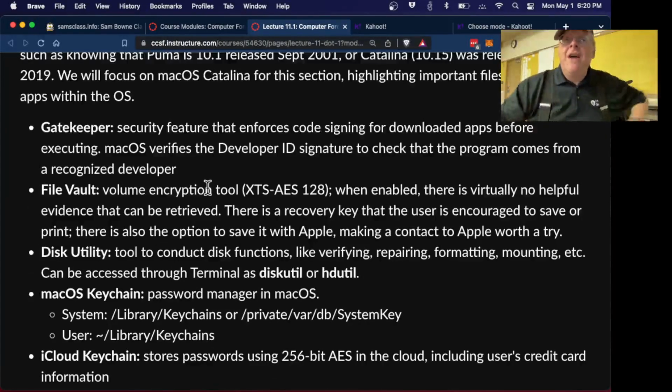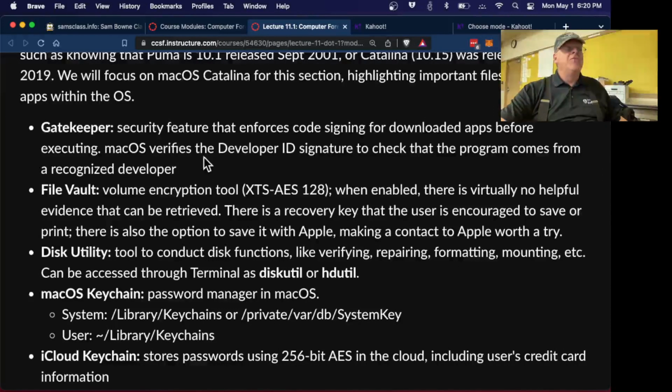You probably noticed this if you have a Mac. If you download some program from like an open source file repository, you often won't install it. It'll say this file does not have a valid digital signature and you can't install it. And you have to go into properties and accept installing unsigned things, which it doesn't want to do by default. That's Gatekeeper. Gatekeeper is what verifies that everything you're installing is actually signed and verified with a public certificate.